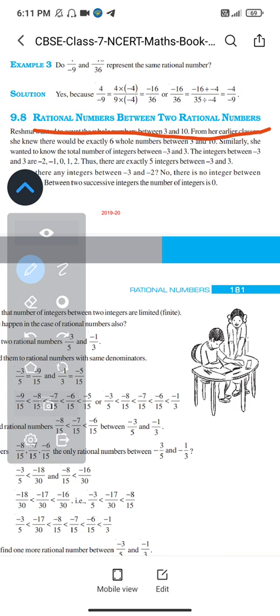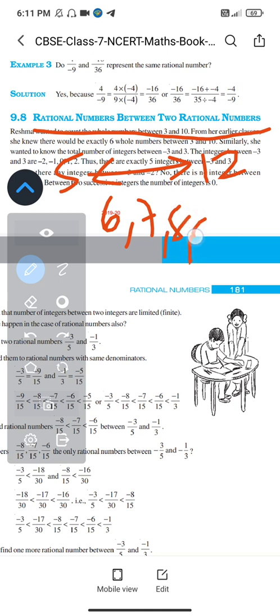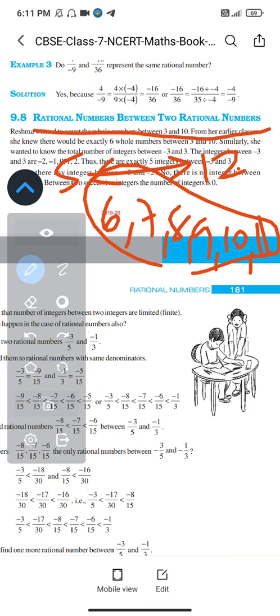Many means infinite numbers. Now if I take the number 5 and the number 12, the visible numbers between them are 6, 7, 8, 9, 10, 11. These are the numbers between 5 and 12. Now apart from these numbers there are more numbers. These are visible numbers, easily understood. Now invisible numbers, which means many other numbers, are there in between 5 and 12. Not only these numbers, between every two numbers there are a lot of numbers.